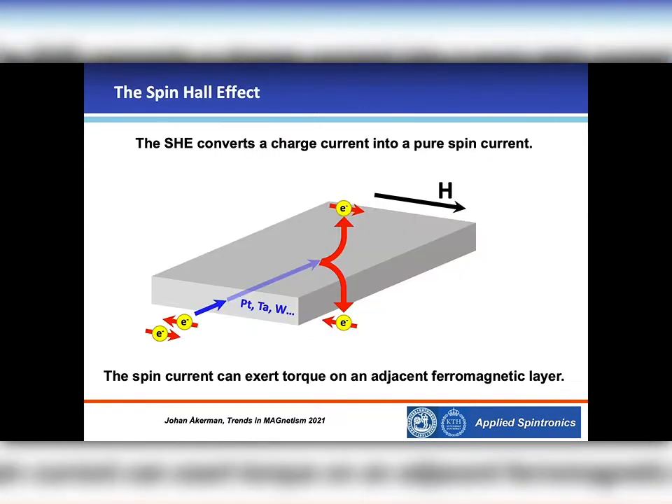But very briefly, we will use platinum or tungsten to generate a spin current through the spin Hall effect, and by pushing a charge current through these layers, the spin Hall effect will create a transverse pure spin current, which we can then inject into a ferromagnetic layer. So there, in that layer, it can create